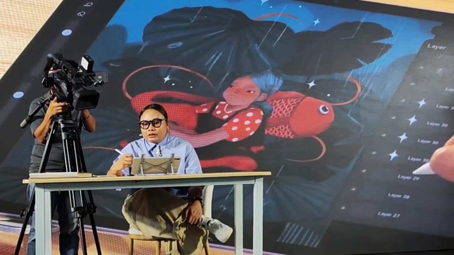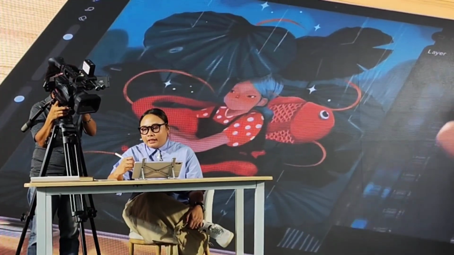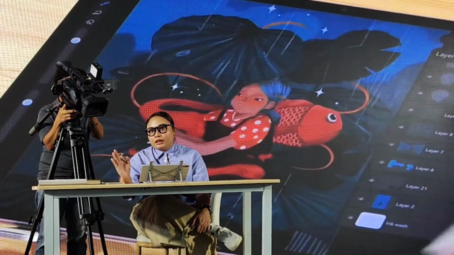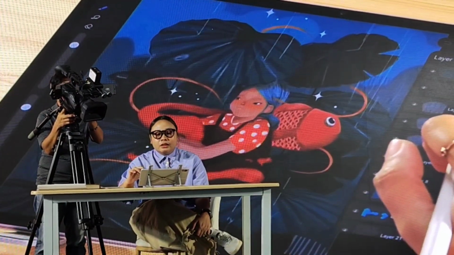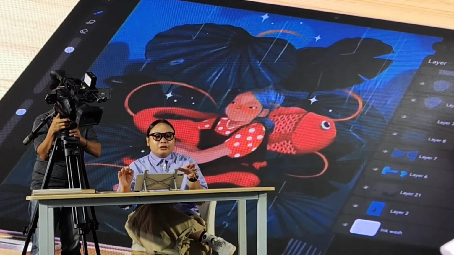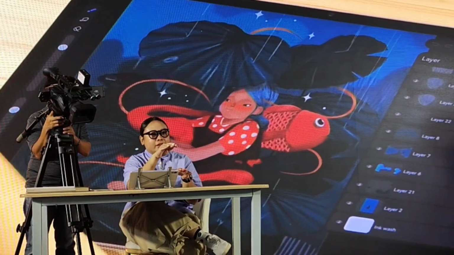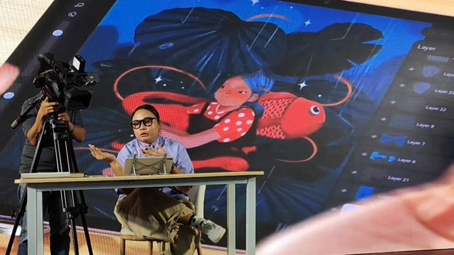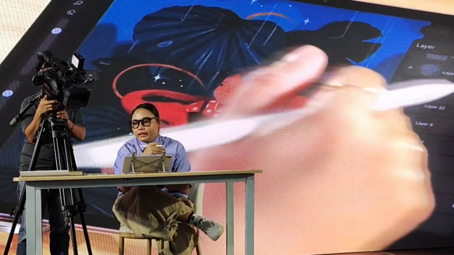Layers are your friend. It's easier to revise and adjust an artwork if you have layers. You put one element here, another element here, and if you want to change it later on, you can do so by just moving the layers.